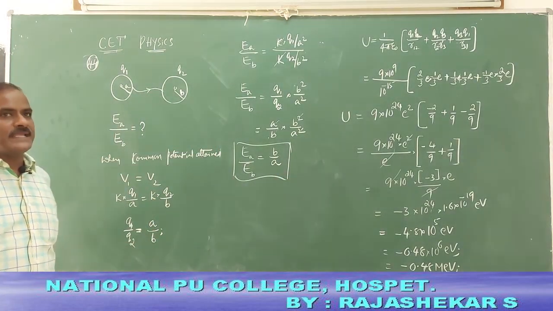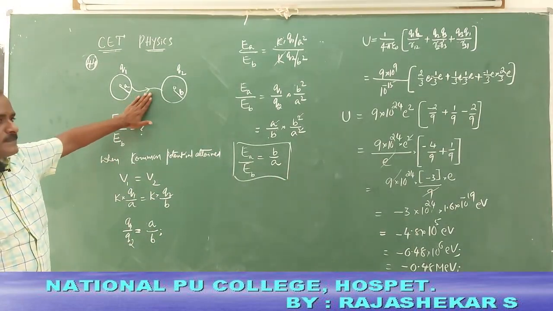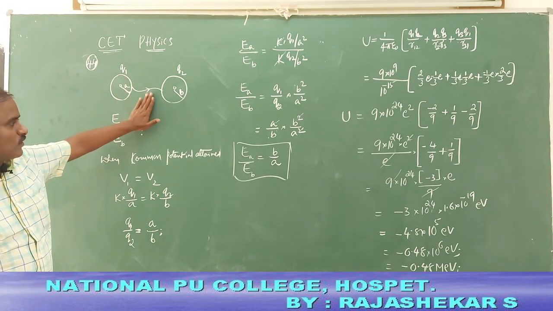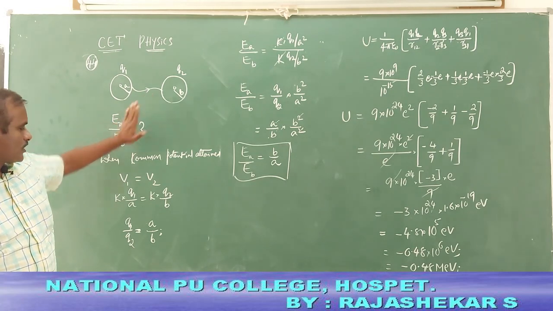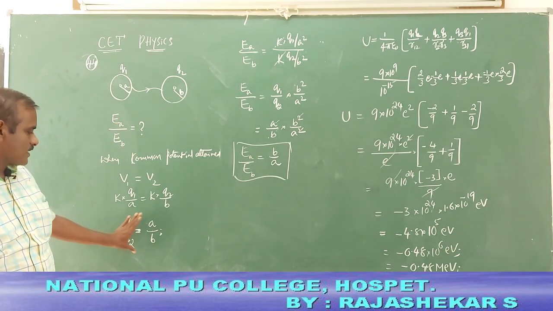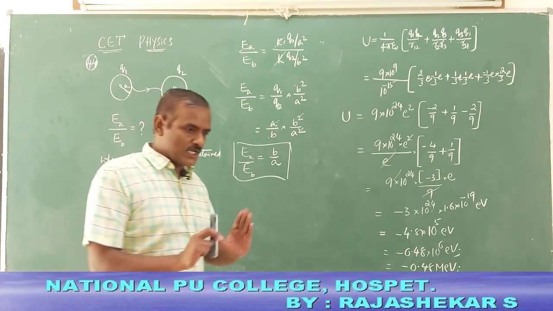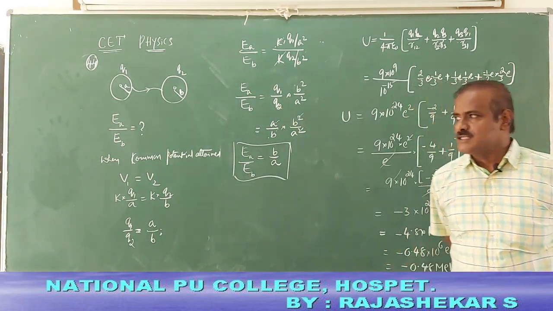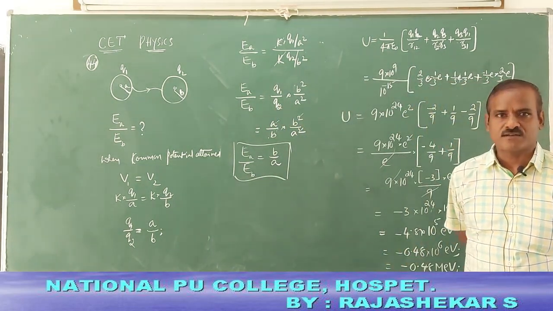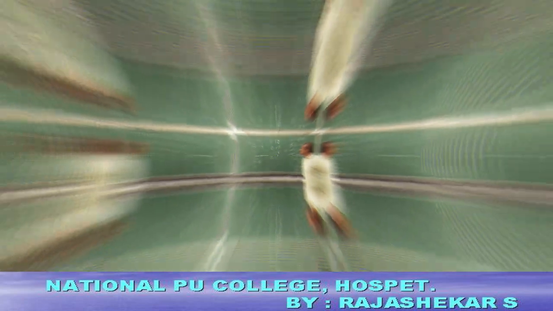Answer is B by A, students, because whenever an arrangement of this kind, charges will flow until potentials are same. So after attaining common potential, you will see that ratio of charges becomes ratio of their radii. Larger the radius, more the charge. Smaller the radius, less the charge on the surface of the conductor. Well students,